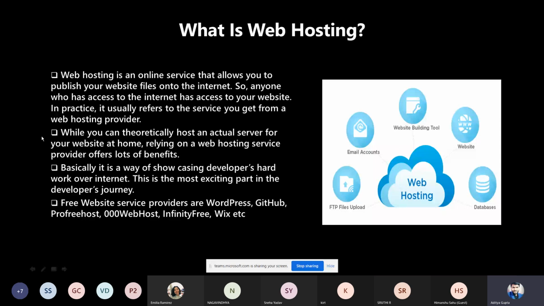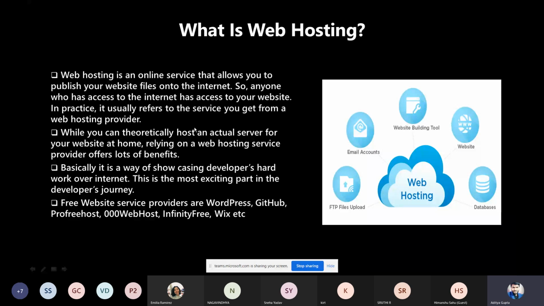Maybe you don't understand what a web hosting provider basically is. A web hosting provider is like an intermediate between you and the internet, which makes your website online. Suppose you know English, and you want to communicate with a person who knows Spanish. How can you? Basically, you can't, because you don't know Spanish. So for that, you want a person in between you and the person who knows Spanish. Let's take the example of that only.